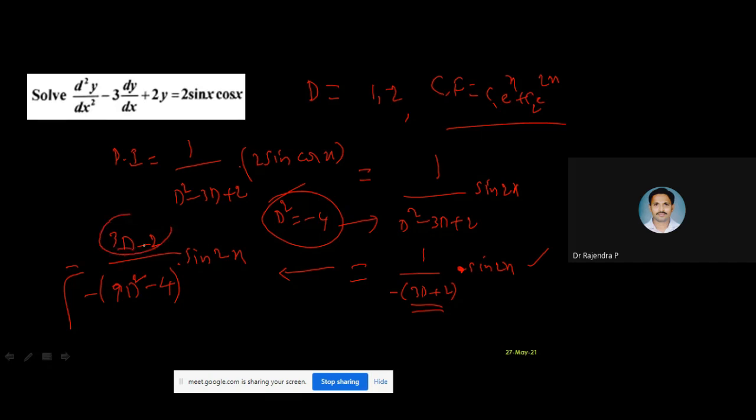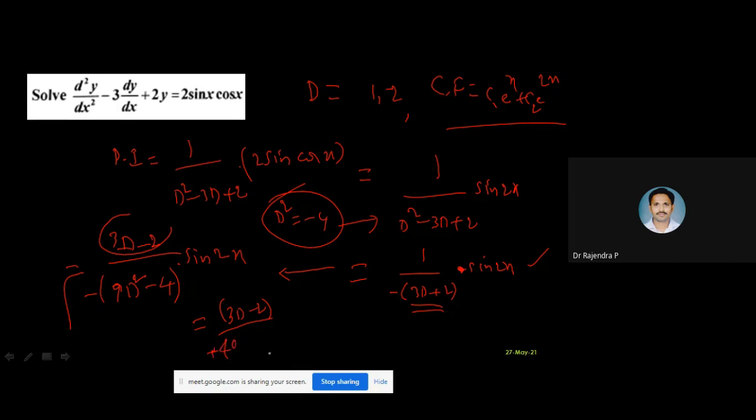Okay. In the numerator we have 3D minus 2. Denominator: (3D minus 2) into (3D plus 2), that is (a plus b) into (a minus b), a square minus b square form. That is 9D square minus 4. So we have 3D minus 2 in the numerator. Denominator, in place of D square, what can I do? Tell me, what is the value? 4. So yeah, 9 fours, how much? 36. 36 minus, so minus 40 into plus into minus, so that will be plus 40.